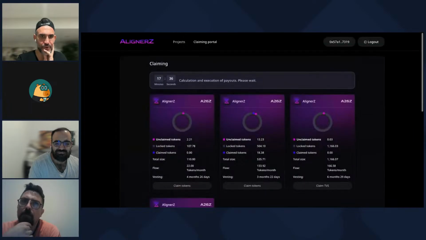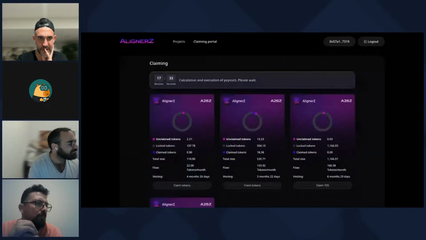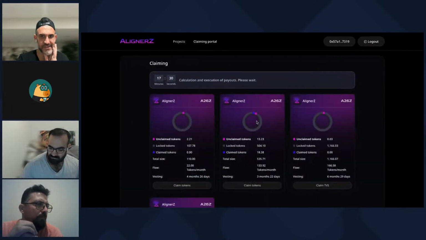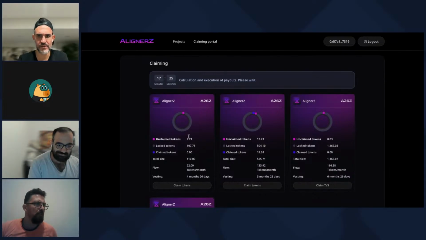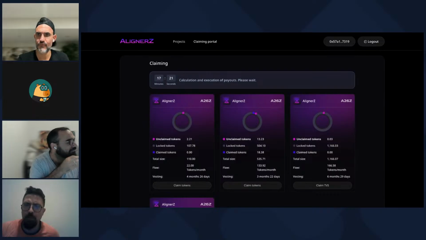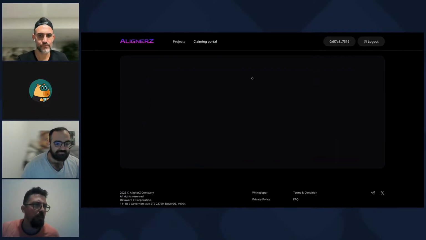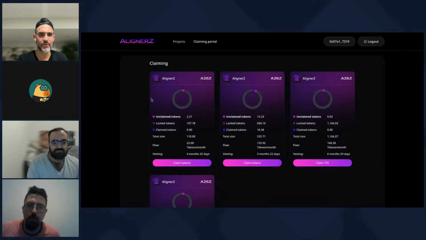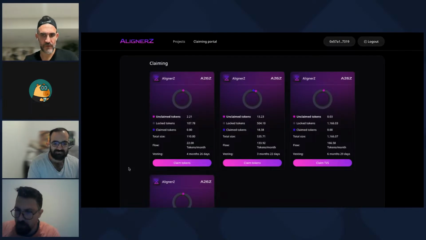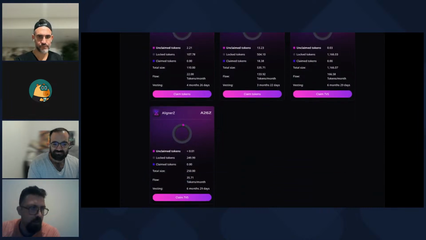Oh, this is old calculation execution payouts. What's this countdown that I'm looking at? Or maybe these are old. These might be older ones. Refresh, please, because there's a countdown flashing at my place. I will report this. There we go. I will add it here in my report.